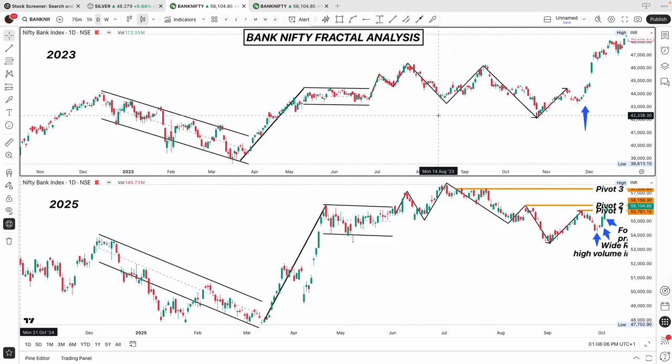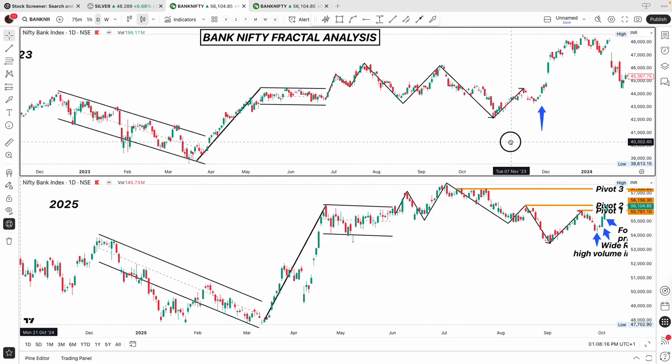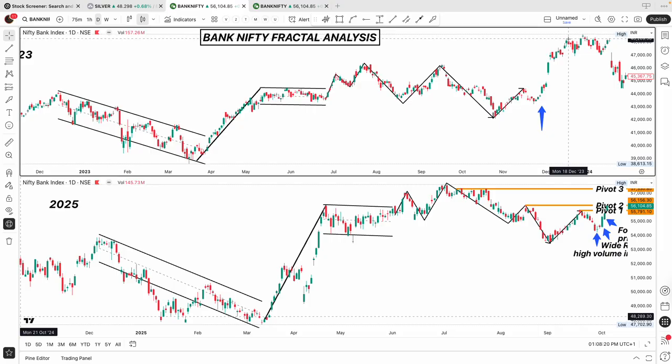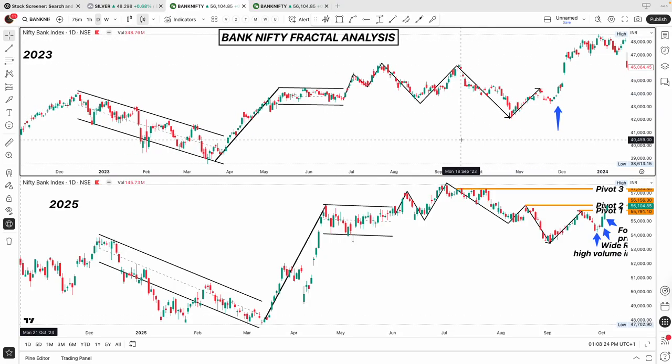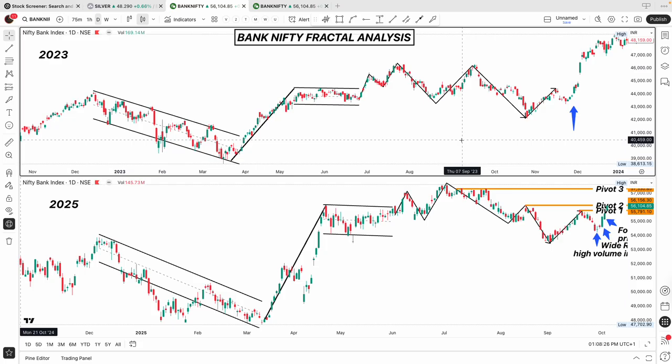So it is only when we made this higher high and lower high lower low structure on the daily time frame that I remembered that in 2023, sometime around October November, we had a massive rally on the upside, and this took us to all time high levels. And this is what I wanted to capture this time around as well. And I was prepared for it. I was prepared for it because I was aware that things were playing out in a way that had played out in the past.